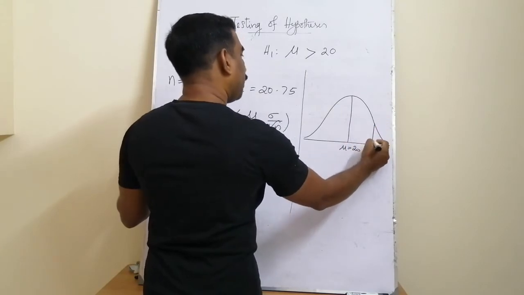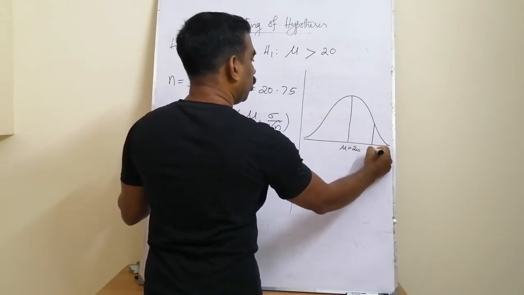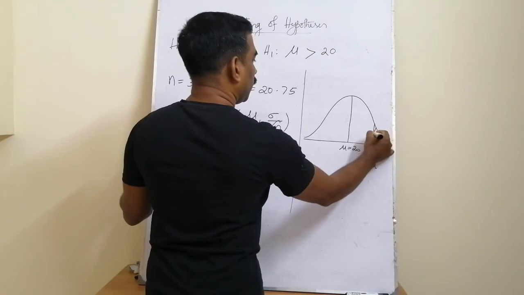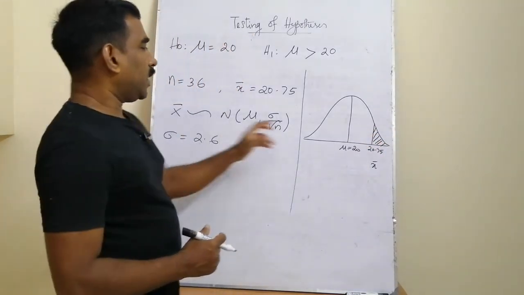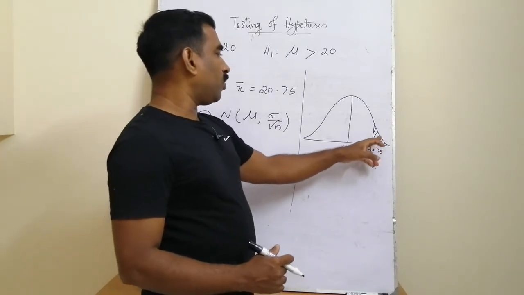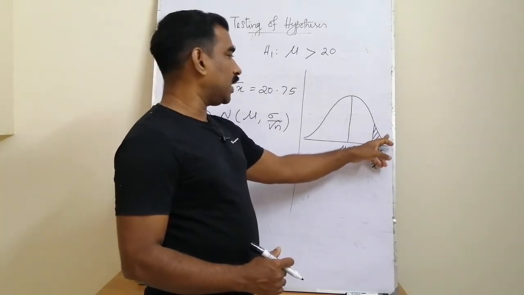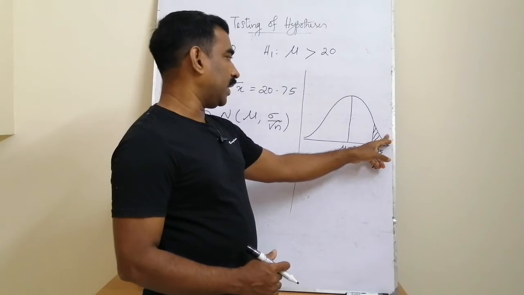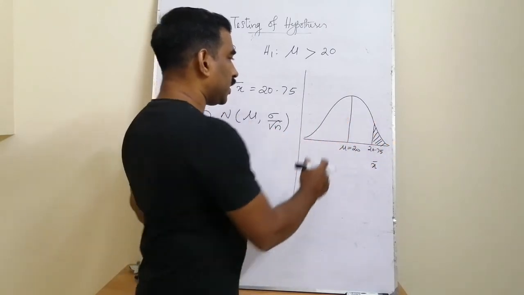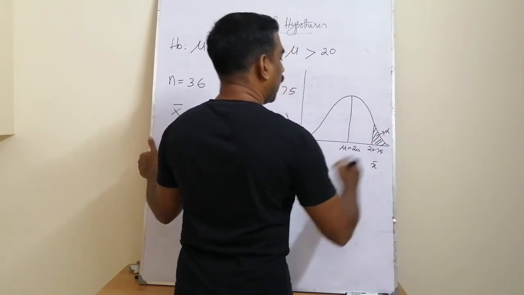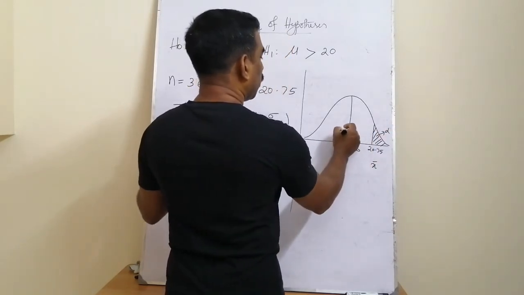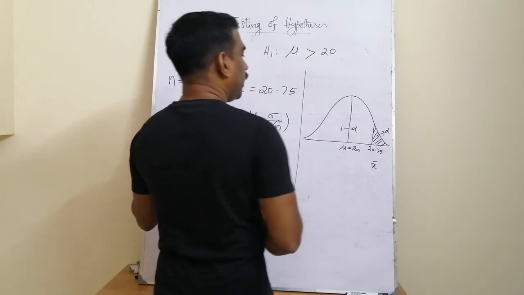That means if the computed mean is greater than 20.75, we will reject this hypothesis. So that area to the right of 20.75 is called the critical region or rejection region. This rejection region has some tail probability. Suppose we denote this probability by alpha, and the remaining portion has probability 1 minus alpha,